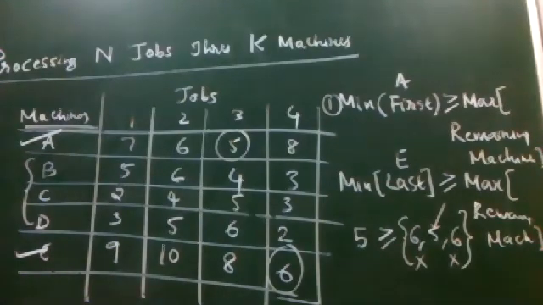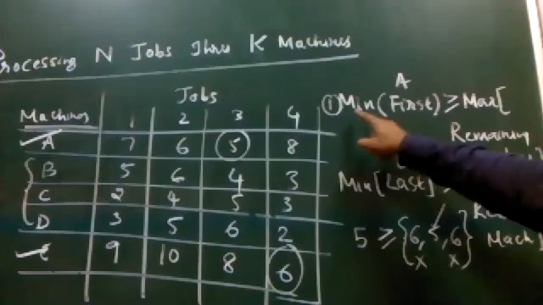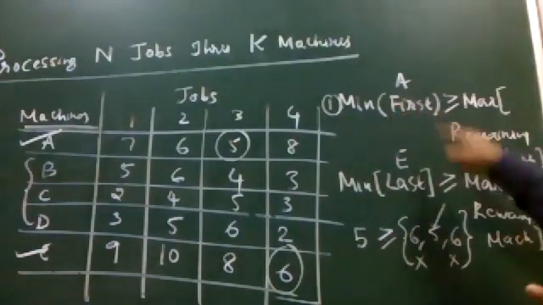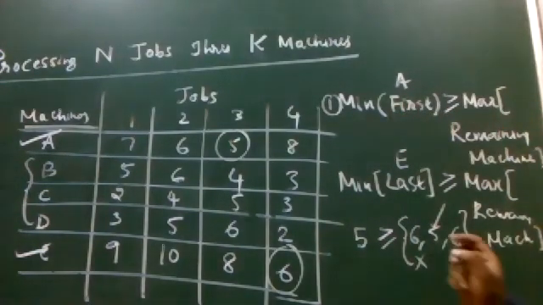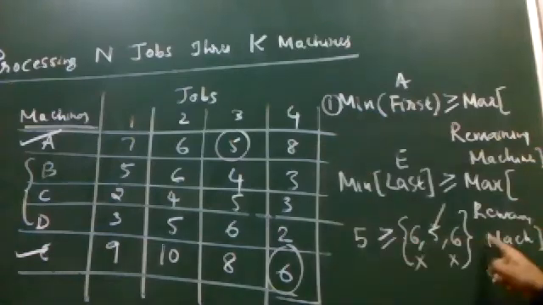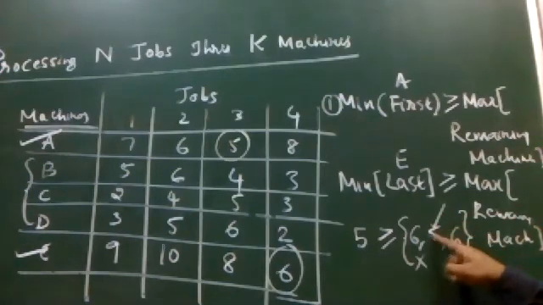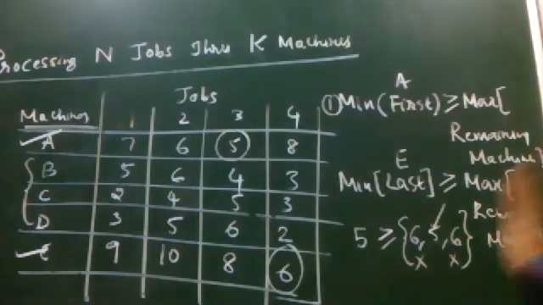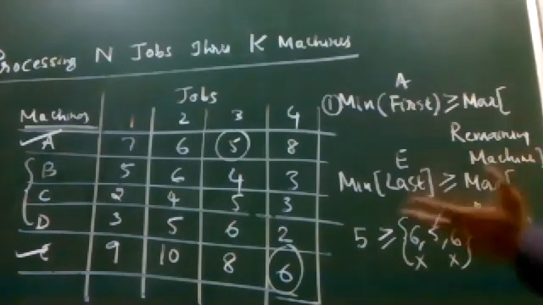Are you able to understand here? You should see whether the minimum of A is satisfied with all the 3 conditions, and then we compare with the 3 machines. The 3 machines have the values 6, 5 and 6. Only in the second machine is the condition satisfied. 5 is equal to 5, but the remaining 2 values, it is not satisfied. Let's keep it. Okay, I'll tell you what to be done later.